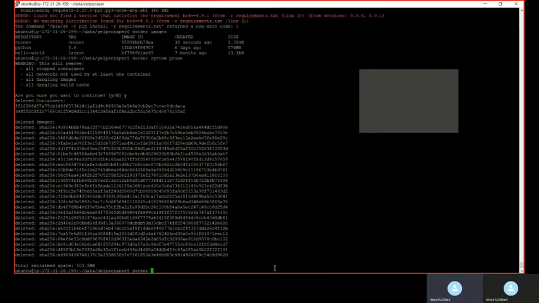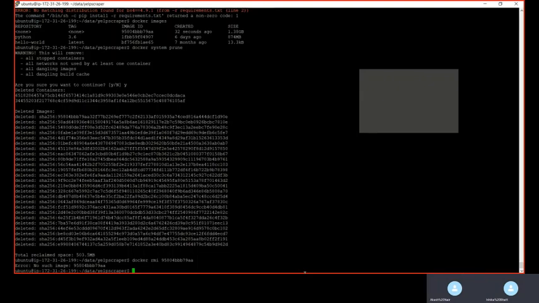That 9580 image is there, no? rmi, space. Copy that. Control Shift C, and go down. Press space and right click. Enter. Okay, it has already been deleted.